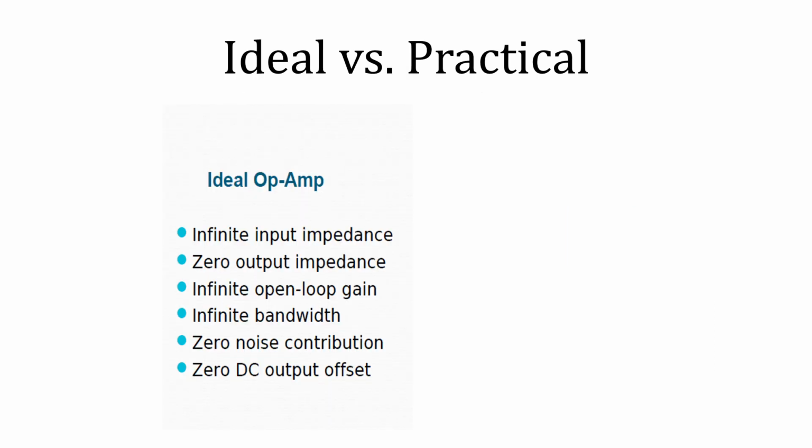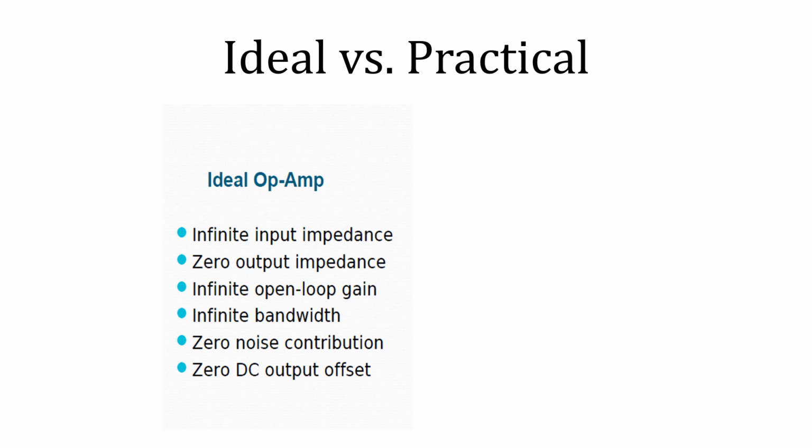Let's discuss some of the features or properties we expect from an ideal operational amplifier. We can note down, these are very important. An ideal operational amplifier must have infinite input impedance and zero output impedance. Why is this so? Input impedance should be infinite. It means whenever we connect an operational amplifier to a sensor, it should not load the sensor. The reason is its input impedance is very high, so it will not draw current from its previous circuit. That is the meaning of high input impedance.